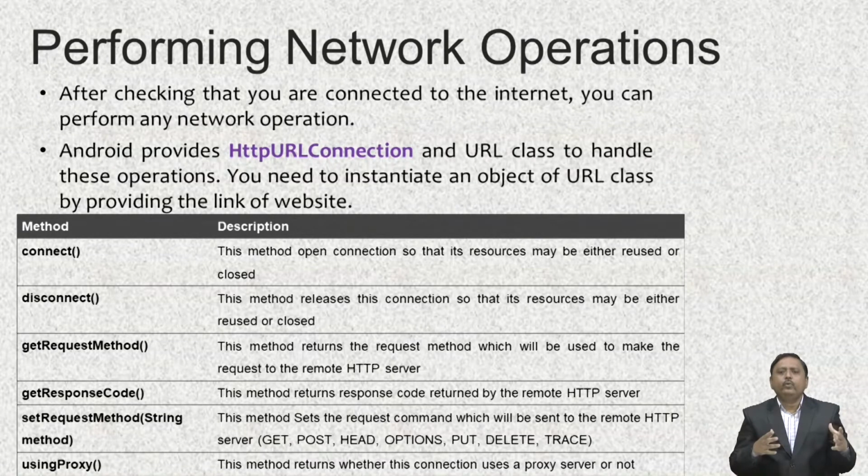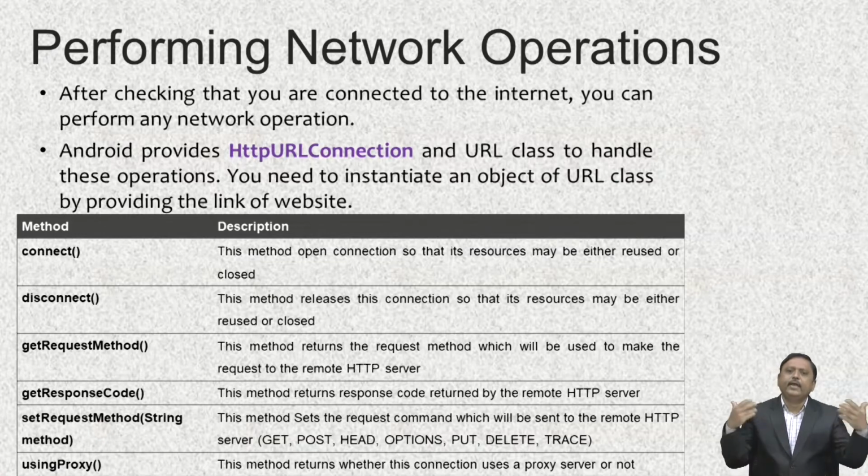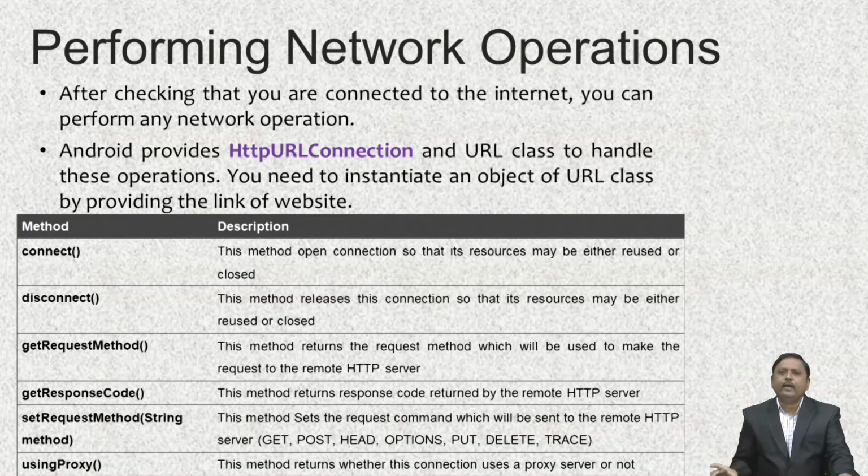You need to instantiate an object of the URL class by providing the link of the website. So basically these class objects establish a connection with the network, but you have to provide the address or URL for that